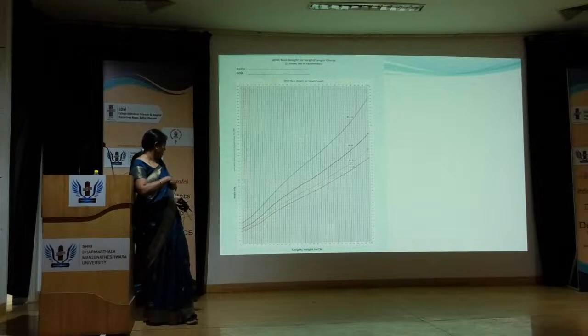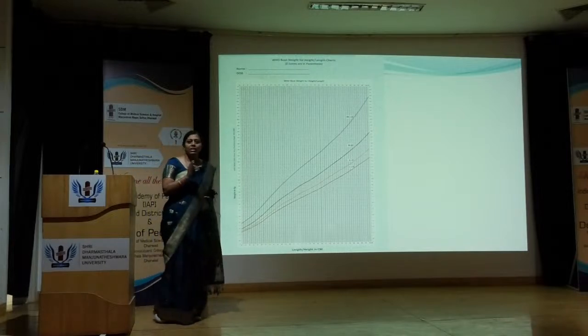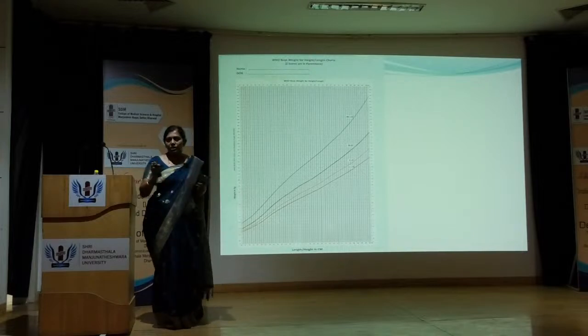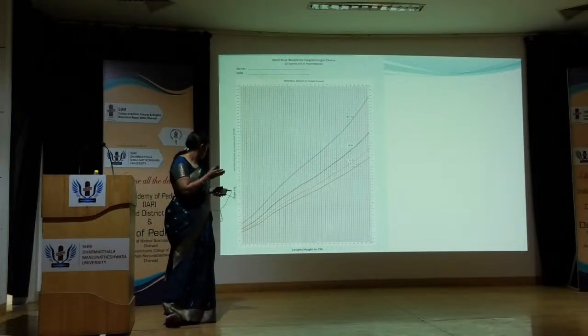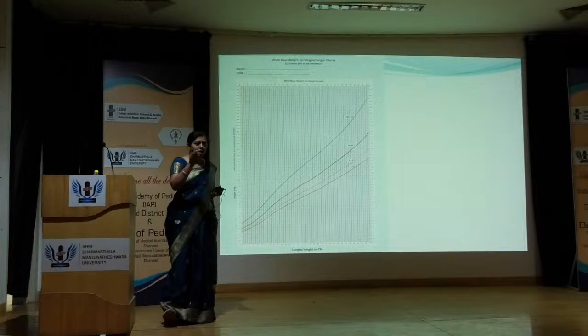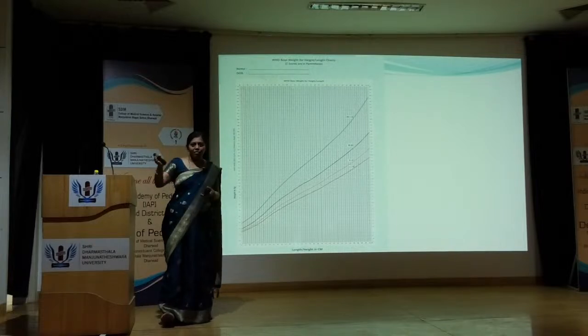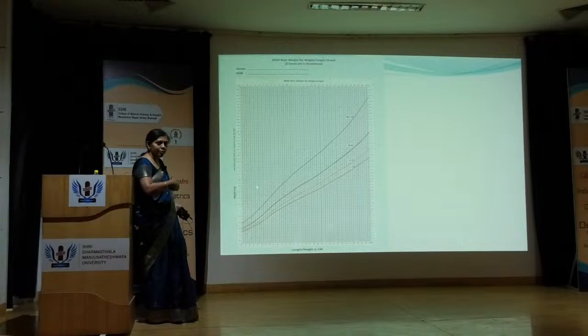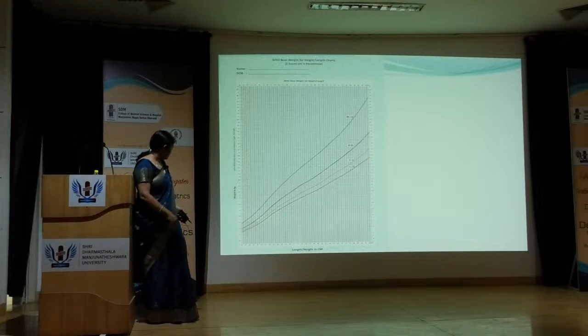Along the x-axis, you can see length or height in centimeters. The divisions have to be understood when you see the growth charts. The divisions are like 45, 46, 47, and you will get some value like 45.5. At that value, you have to go up. Where is the weight of the child? For example, if you get 75 centimeters and the weight is 5 kg,